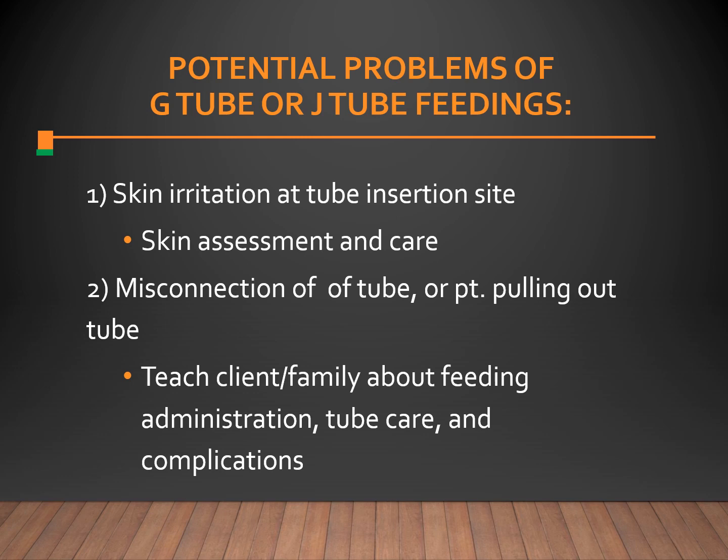Skin. We want to watch for those potential problems, and skin irritation at the tube site is a big one. So you want to check around that tube site, especially if it's a J tube, PEG tube, or G tube. The protective ointment that you could put around it: zinc oxide or petroleum gauze, or an actual skin barrier that is created, that usually is in your supply Pyxis.